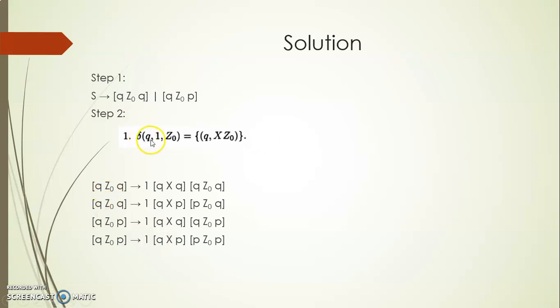So here, Q Z0, this is nothing but the set of all states. So in the PDA there are only two states, Q and P. So I have just repeated this twice. Okay, Q Z0, this Q, then Z0, then this is Q. Even if you want to write P first, no problem. Then this one, terminal 1, then this Q, X.